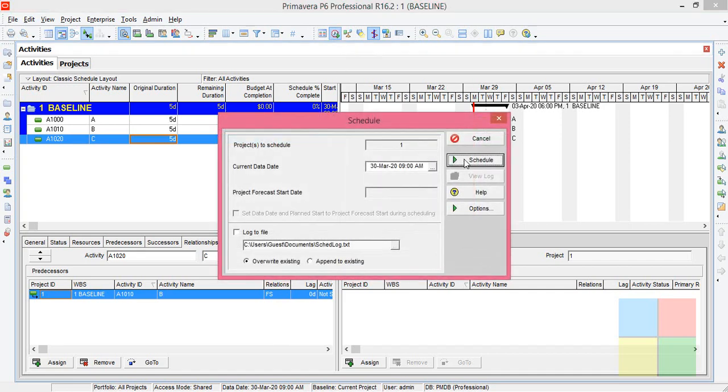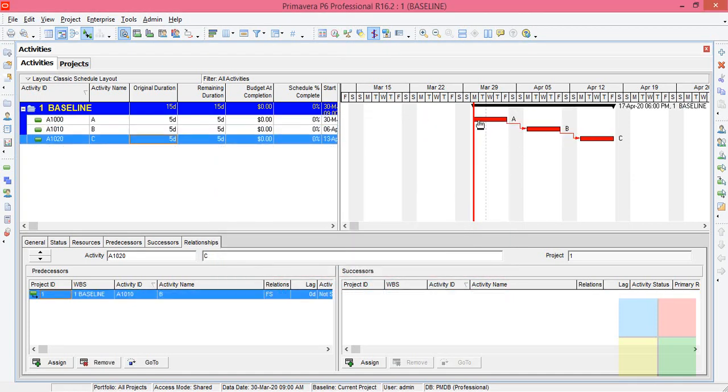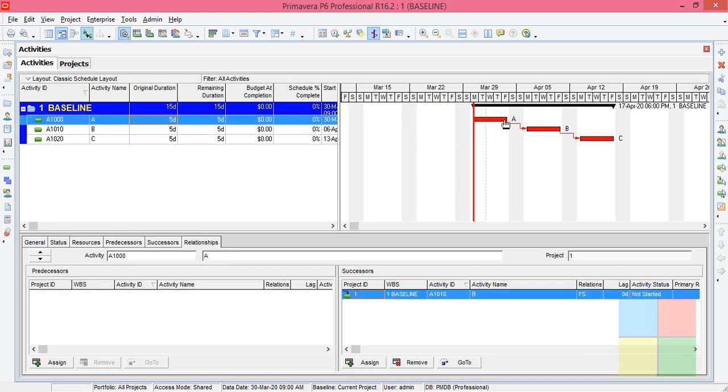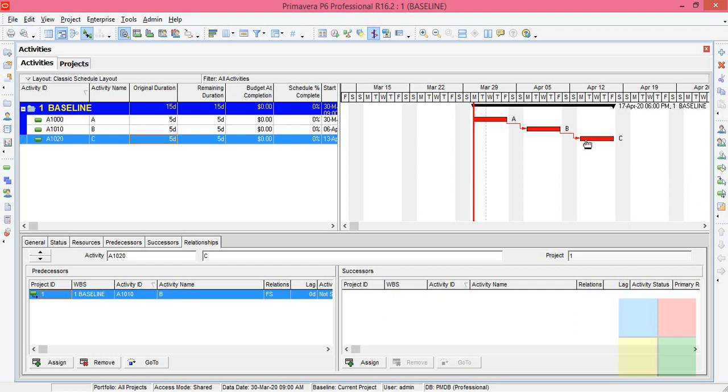Now click on schedule. So you can see in the Gantt chart, A activity will start March 30 and it will be for 5 days. Friday, it will get finished. After the A activity gets finished, B activity will start after 2 days because we have holidays here. Sunday and Saturday, non-working day. So we don't have any work on those days. So B next week and C the coming week. So 3 weeks. Understand it, right? So this is our plan.